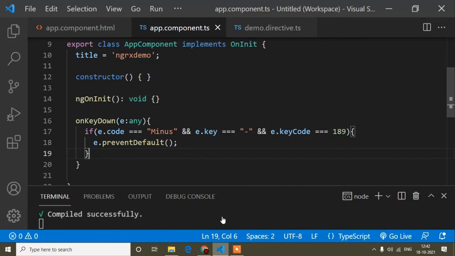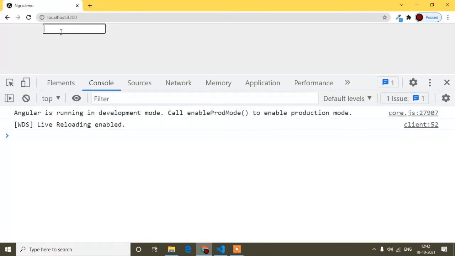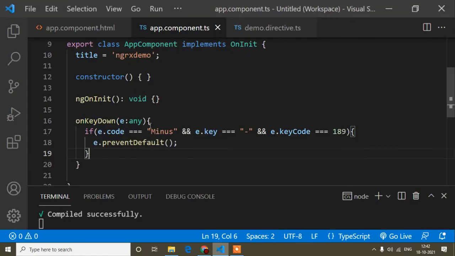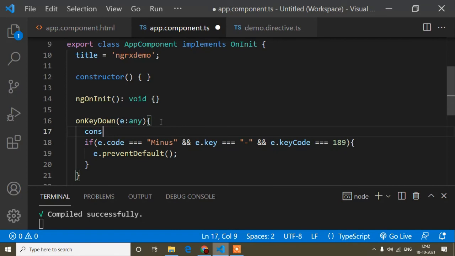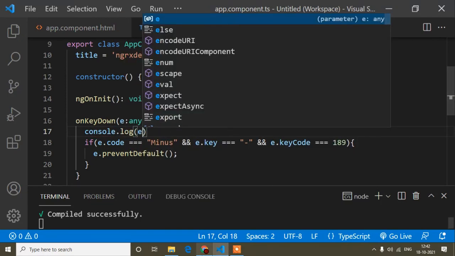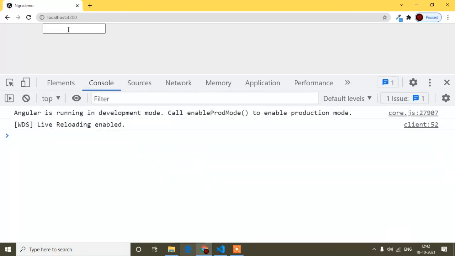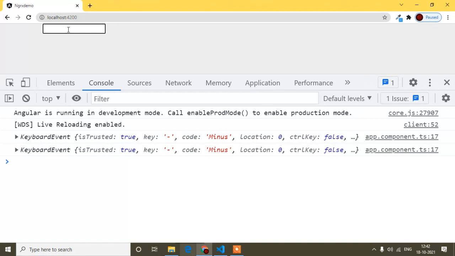So now after that if I check it, you will find it will be the same thing. You can see I am pressing minus. If I console e here, in the console you can see what I am pressing. So you will find in the console I am pressing minus, but in the input field it's not showing. You can see I am pressing minus, but inside this input field I cannot get it.